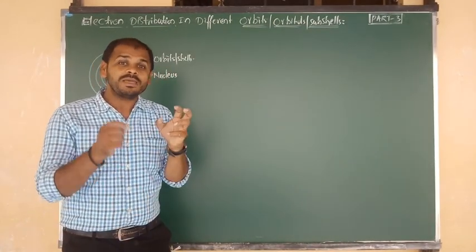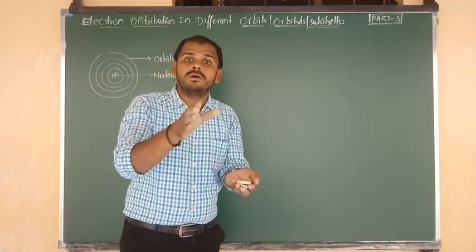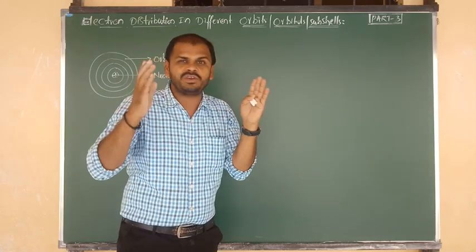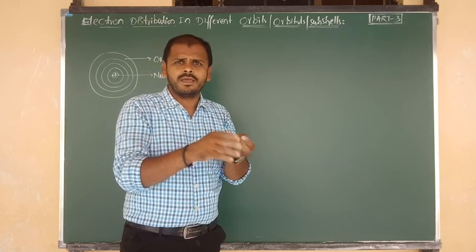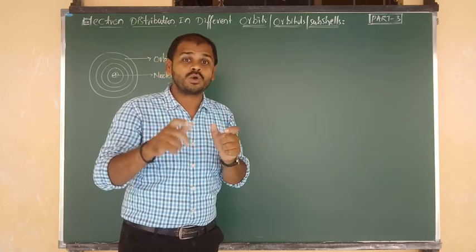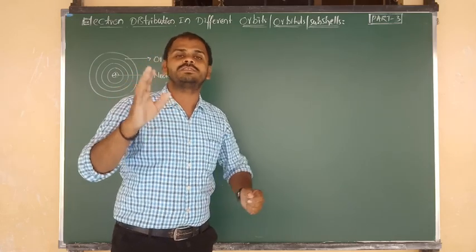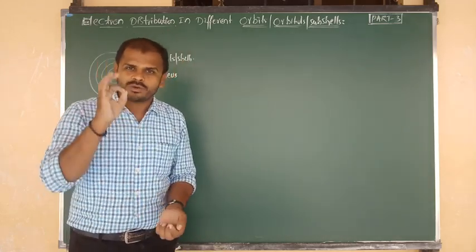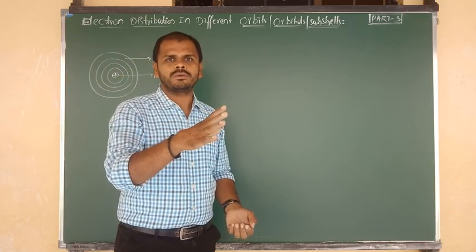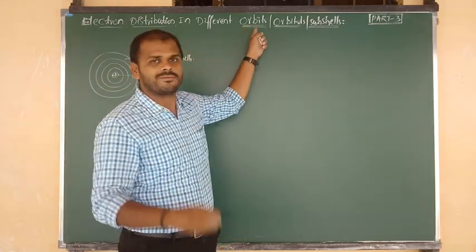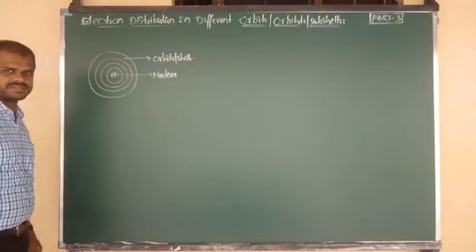Okay. So I want to explain perfectly the differences, because most of the students get confused about what is meant by orbit, what is meant by orbital, what is meant by subshells. They keep getting confused. So to avoid that confusion I am going to give you perfect clarity along with some examples. So the concept is how the electrons are distributed or arranged or present in various types of orbits, orbitals and subshells. Such information we are going to discuss now.